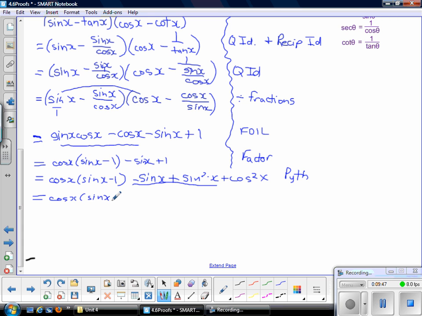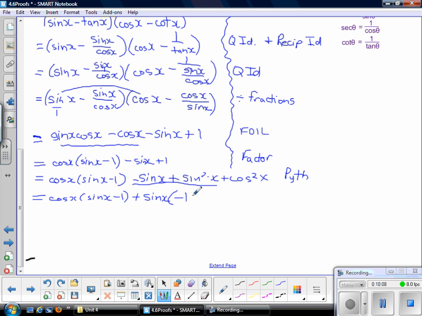And you're saying, really, Mrs. Bradian? I really don't think I like this. And should I take out a negative sine x or a positive sine x? I'm going to take out a positive sine. And when I do that, I'm left with